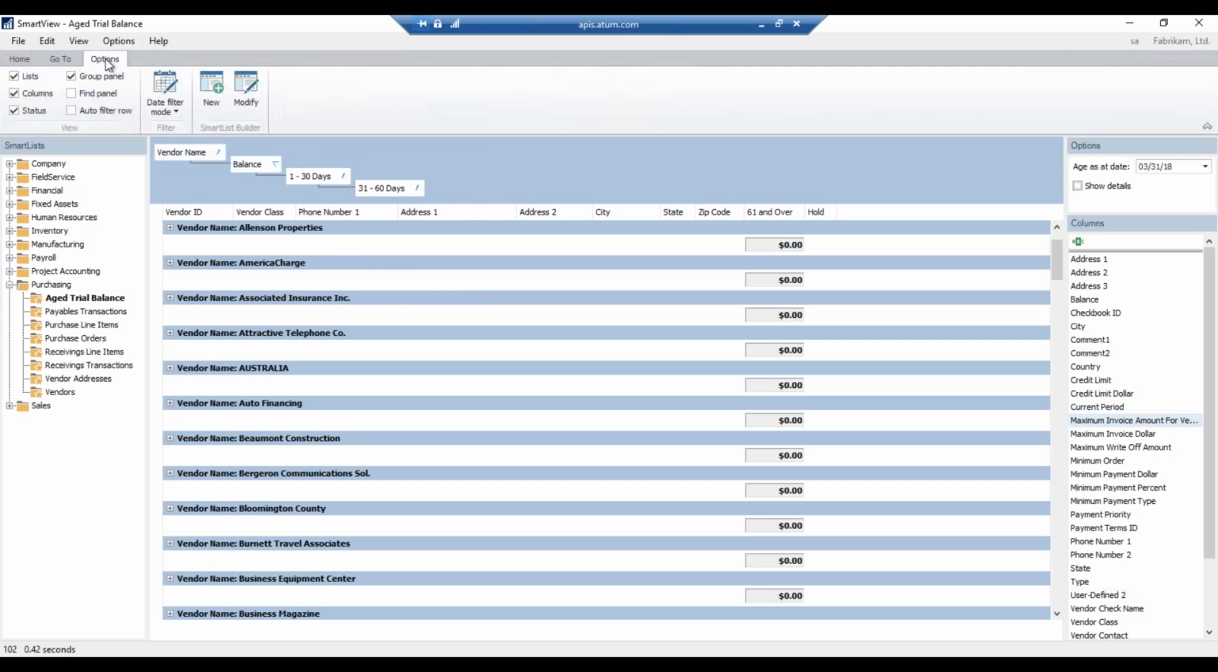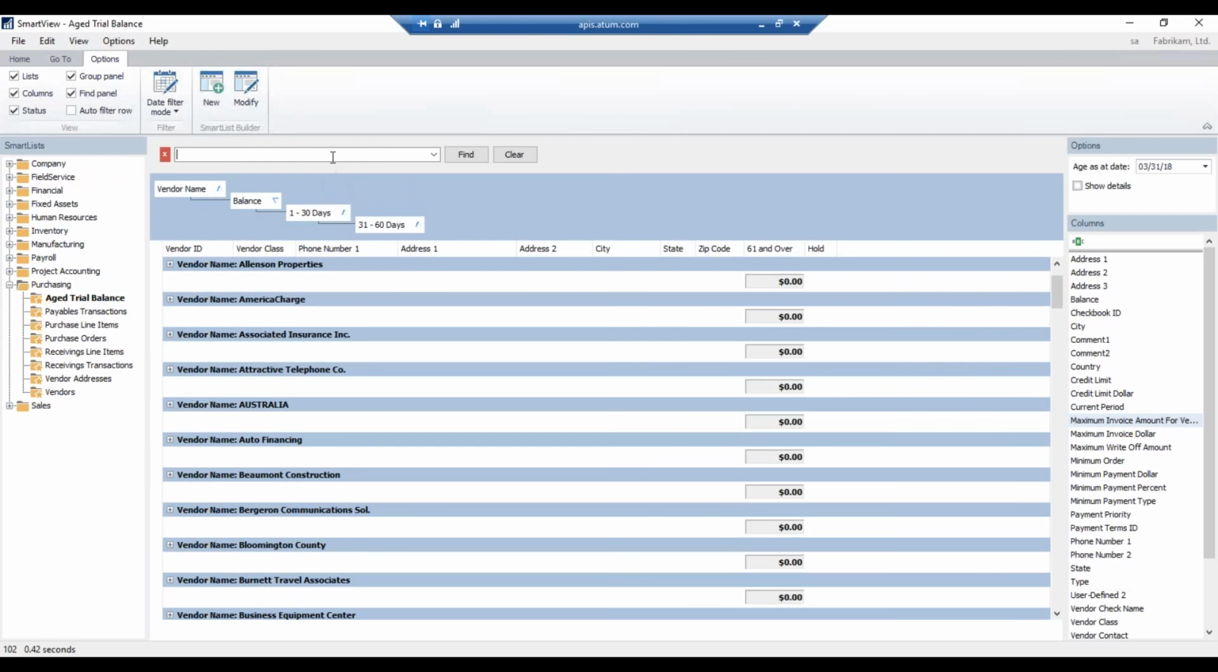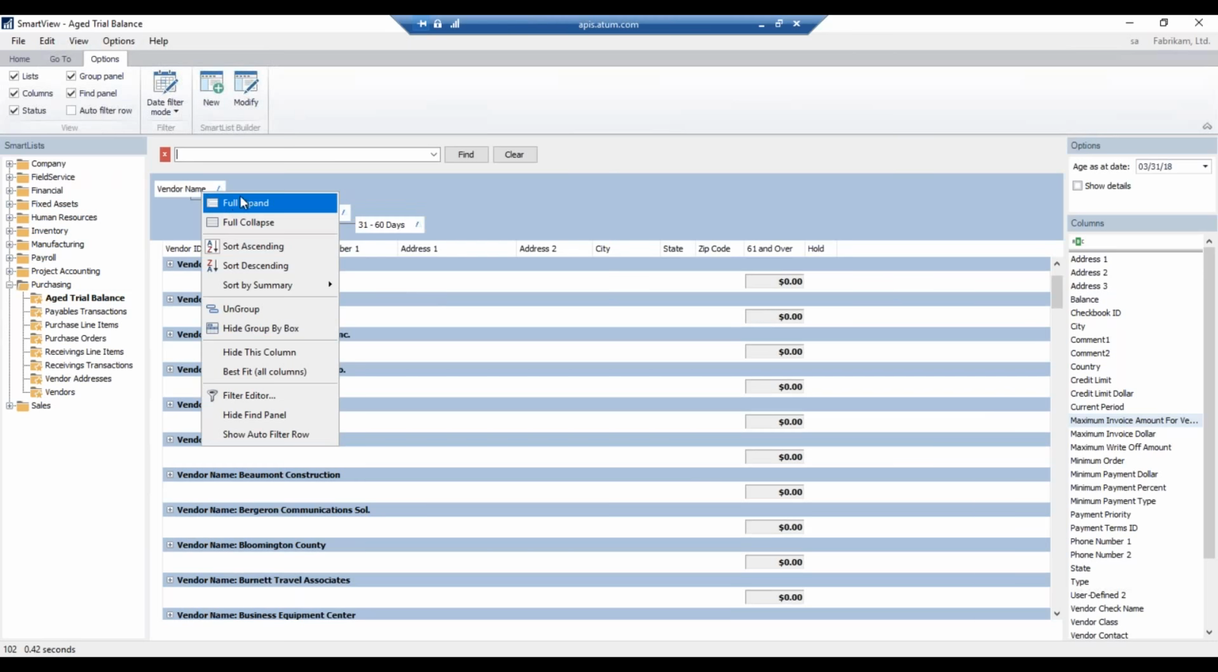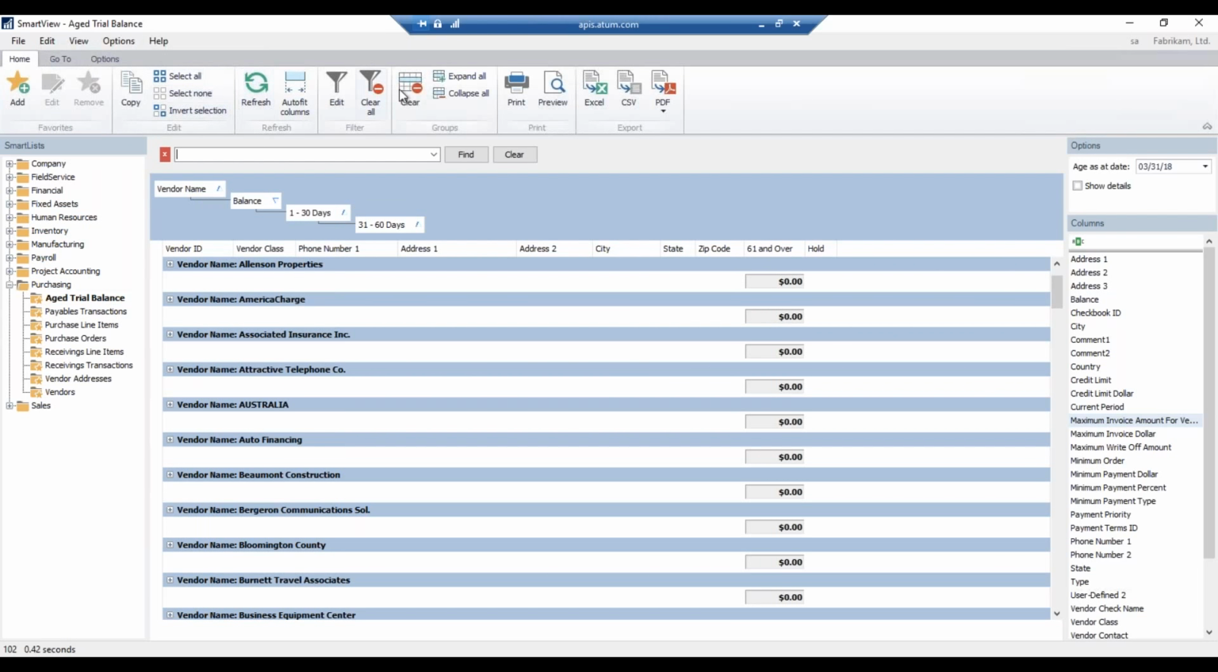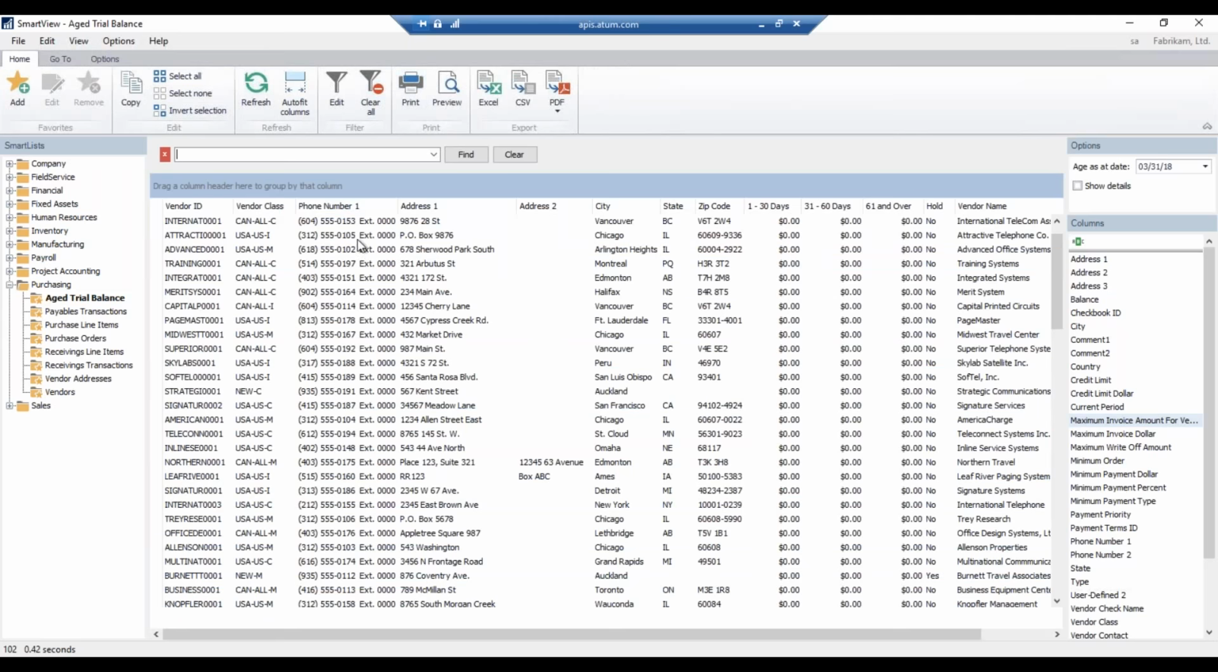To do that, all you have to do is click on the Options tab here, and there's this little Find Panel. So I'm going to click Find Panel, and from here I can find what I'm looking for. Let's just say I knew the name of the vendor, so I don't want to do all this. I'm going to clear all these. And by the way, to clear all this, just go back to the Home tab and hit Clear,